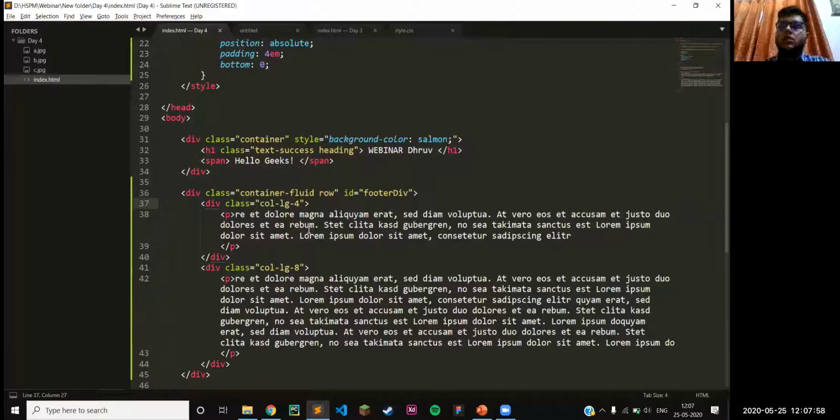What this means is, as we saw the dimension of this LG in the last PPT, that whenever the browser width exceeds this dimension, then this element will occupy four columns, and this column content will occupy 8 columns.